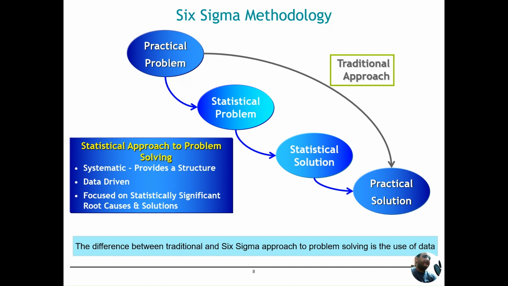So basically what we have done, we have converted your fever into a statistical problem within the numbers, saying that we have fever, and then we find the statistical solution. Here the doctor defines the level of antibiotics, how many doses you need, and then they give you the simple prescription. So what we have done in Six Sigma methodology, we have converted a practical problem into a statistical problem, converted it into the statistical solution, and converted finally it into the practical solution.